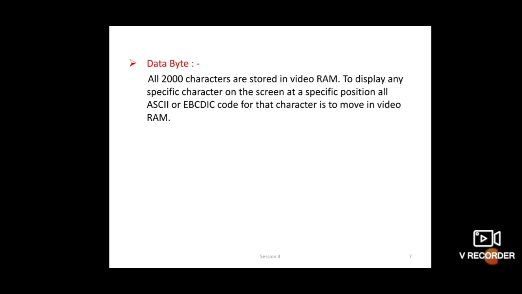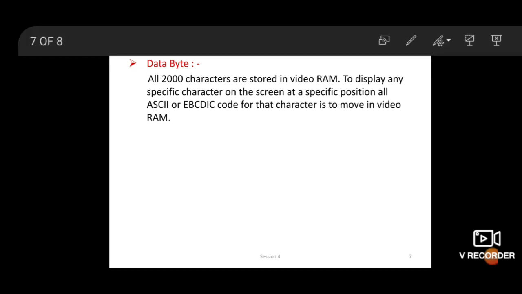Okay, suppose you want to press the A character through the keyboard. If you press the A character, it is displayed on screen, but the internal process is different. If A is pressed, what is the ASCII value of A? A is 65.